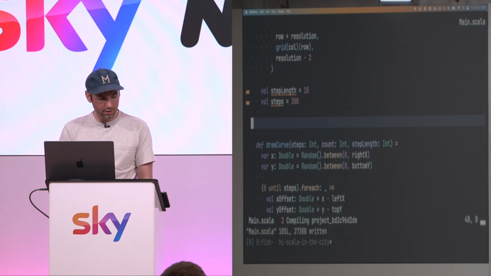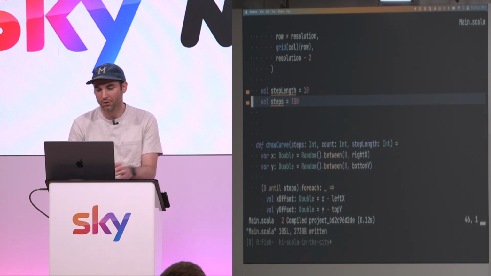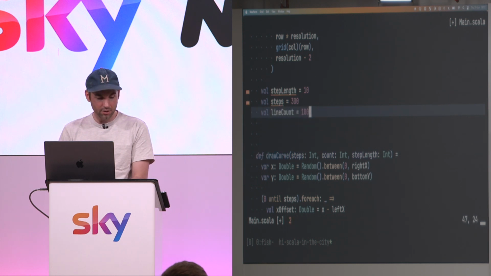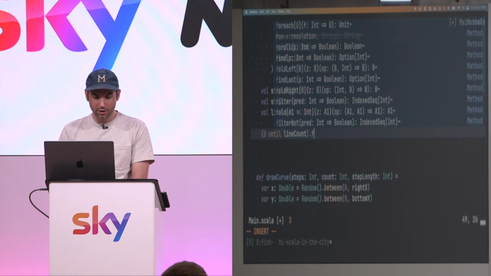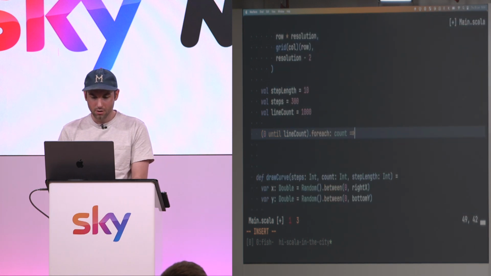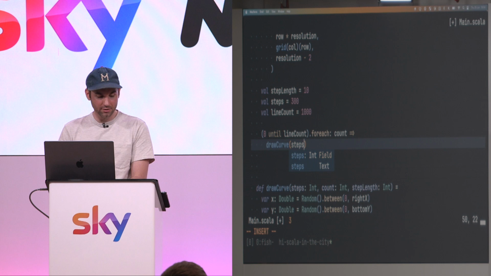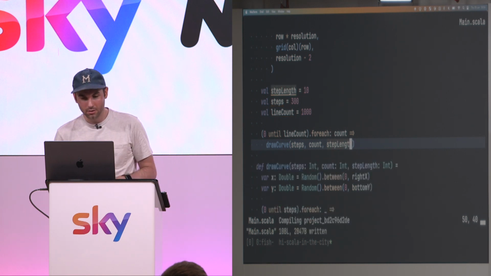Now the only other thing we need to do is, if we're going to generate a whole bunch of lines and we want them to start all over the place, we need to figure out how many lines we want. So you can do val line count, and we can do 1,000 lines to start. Then we want to iterate through those, from 0 until line count. For each count we're going to draw a curve. What are we going to pass it? The amount of steps we want, the count that we're on, and the step length between each dot. So if we run this now